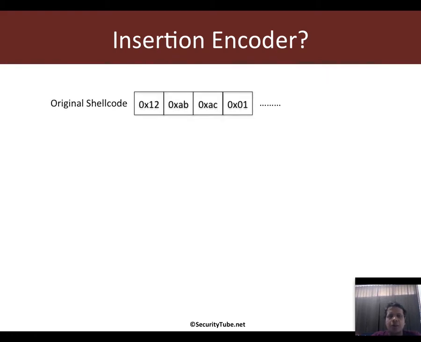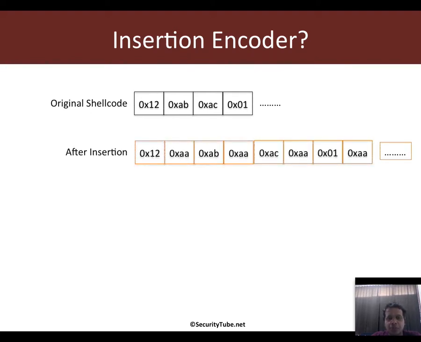So let's say this is how our original shell code looks. In the case of an insertion encoder, I basically insert an absolute garbage byte between every 2 bytes of the original shell code. So you can actually see AA in between every 2 bytes of the original shell code. Now variations of this can be, instead of AA, you could have a random value, or you could probably have an increasing sequence and things like that, right? So the basic idea is that there is garbage,